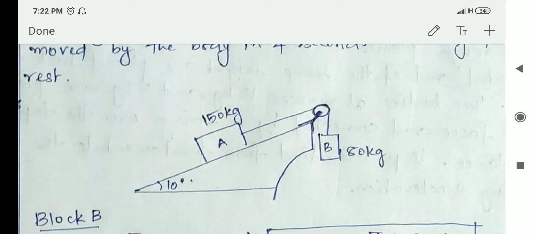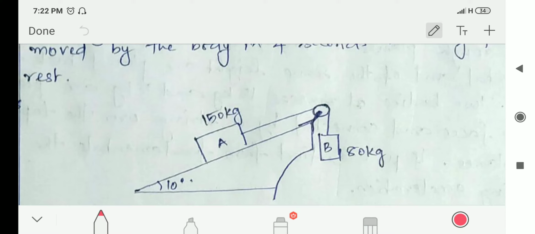To analyze this problem, our first step would be what? To identify the direction of motion. In this question, can we confirm the direction of motion? Is block B moving downwards or upwards? We cannot be sure of that, because there is a 150 kilogram block here, but we cannot be sure whether it is moving downward also, because this block is having a frictional force also, and this is acting only at an angle. So we have a confusion arising here.